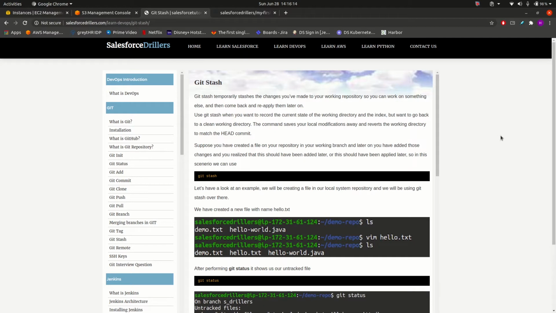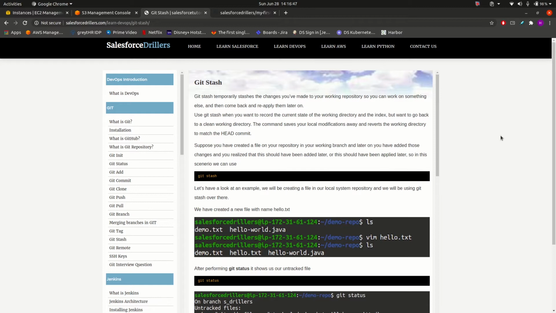If I explain this in very common words, suppose you have added a file in your local system repository and later on you realize that you do not want to commit this file right now. In that case, you can use git stash. Git stash will hide that particular file in your local working directory, and then you can work on another file and commit and push those changes.